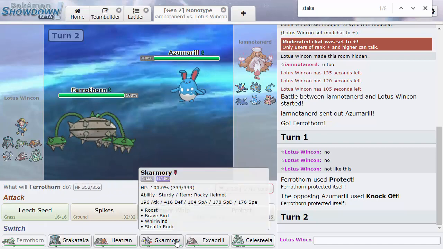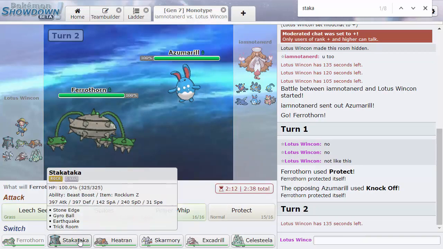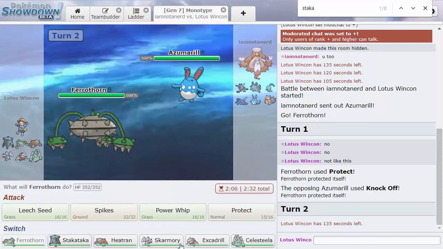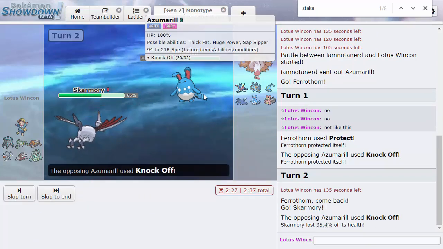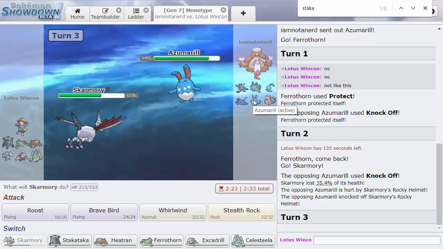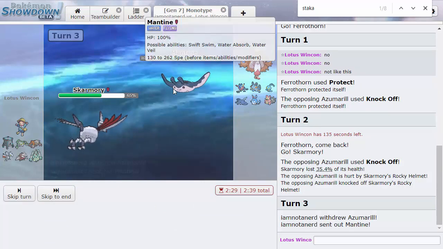I do want to take this opportunity to get my rocks up. I can't let this thing get knocked off. These are usually banded though. Actually, no. Stack doesn't do anything to you. Yeah, I'm gonna go into my Skarmory first on the knockoff, and that looks like choice banded damage. I kind of want to get my rocks up here, so that's what I'm gonna do. As he goes down to Mantine,